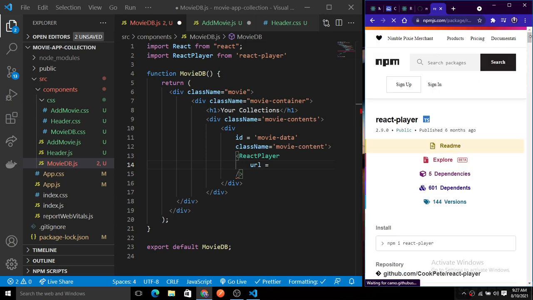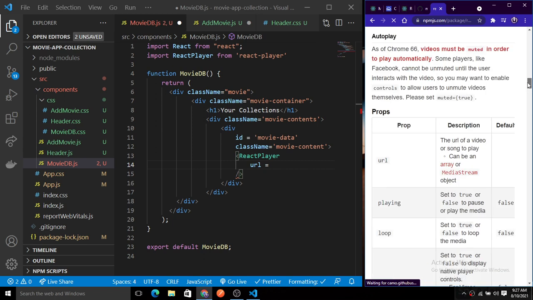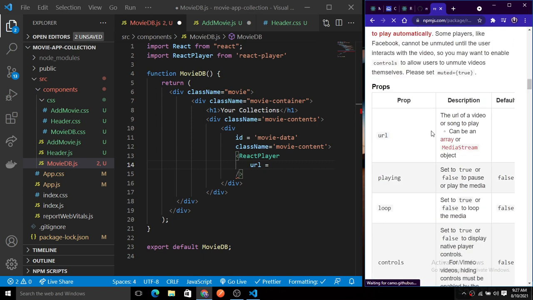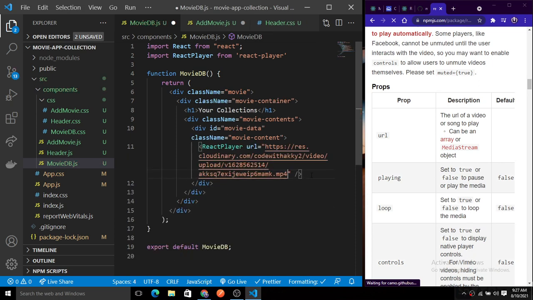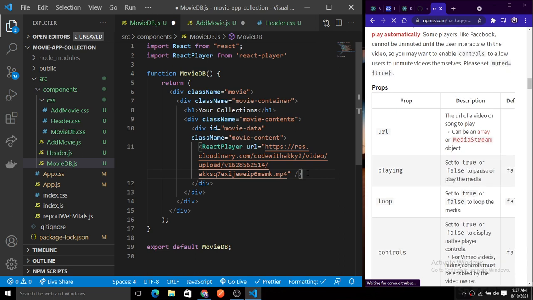So this is the React player here, and you can simply scroll down. You can see here we have the URL. So basically you just need to provide the URL, and initially I'm just providing the first URL there, and we can dynamically set the URL using the state later in this build.